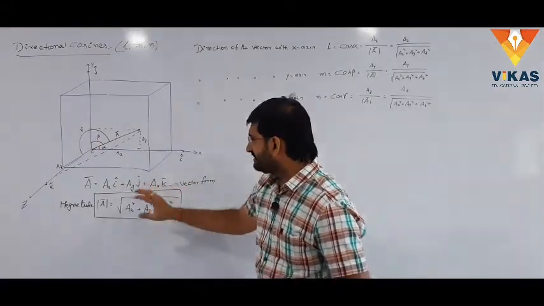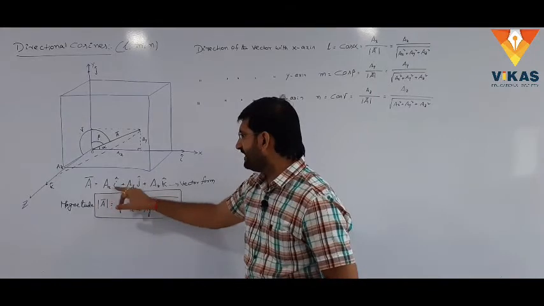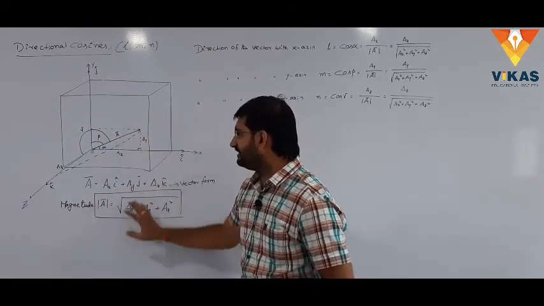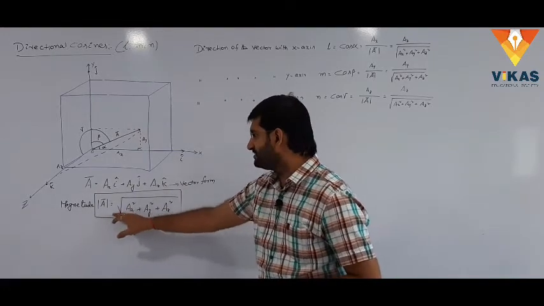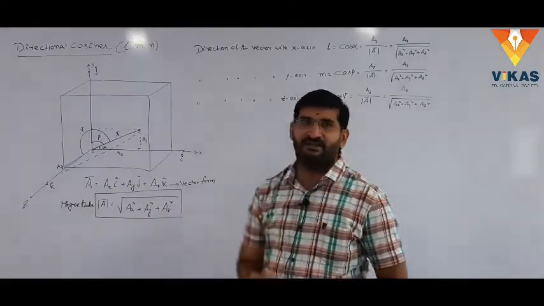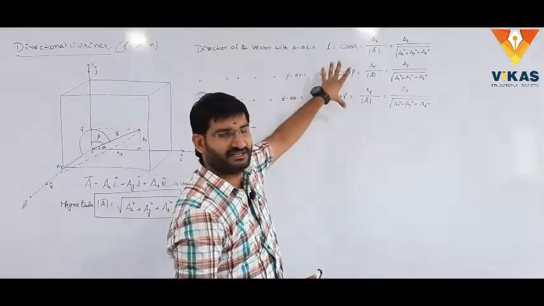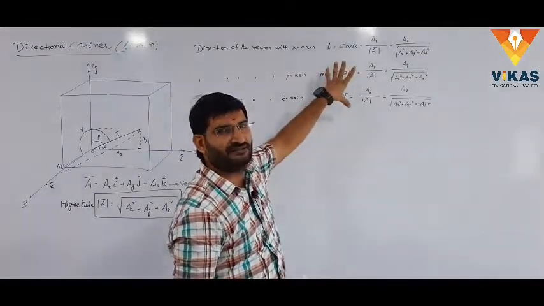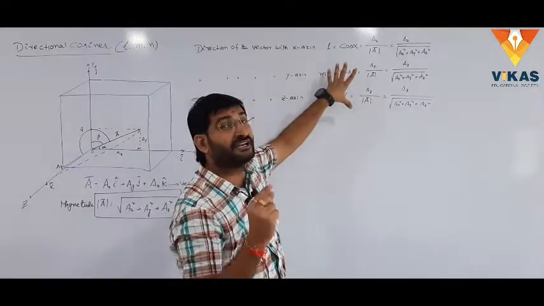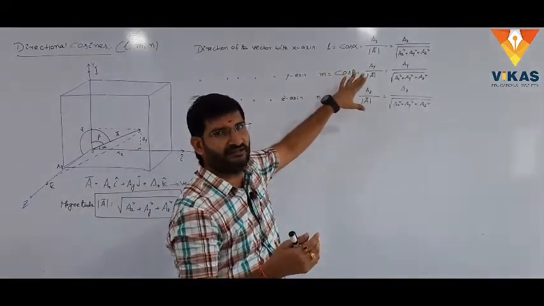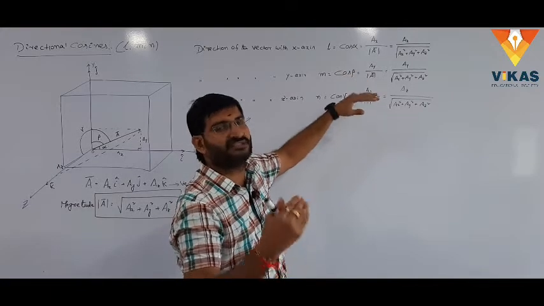The three-dimensional vector we write as a bar equal to ax into i cap plus ay into j cap plus az into k cap. The magnitude of the given vector in the three-dimensional field, a bar modulus, is equal to square root of this one like this. Here we observe clearly how to find out the directional cosines. What is meant by directional cosine? The directional cosine is nothing but cos of the direction angle, alpha, which is in the xyz system.